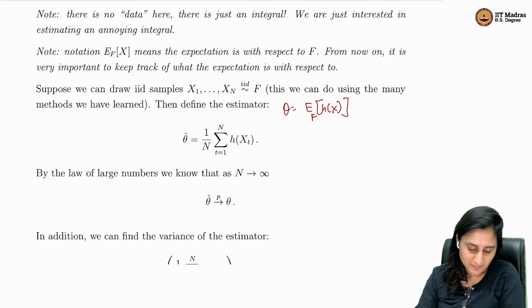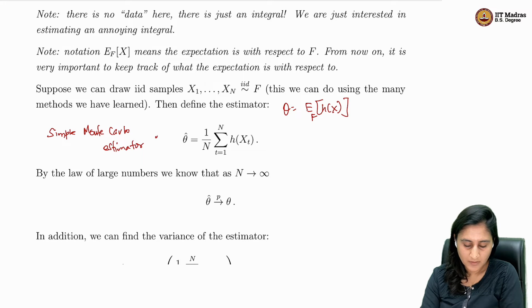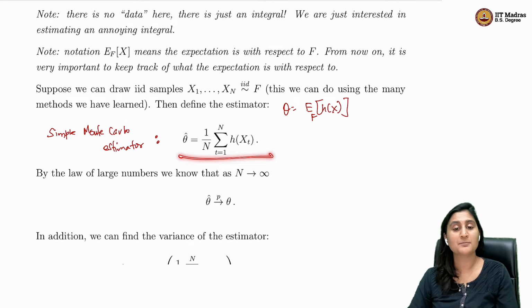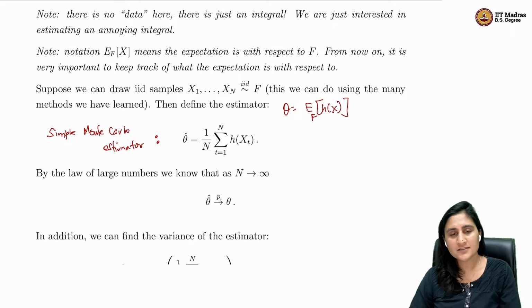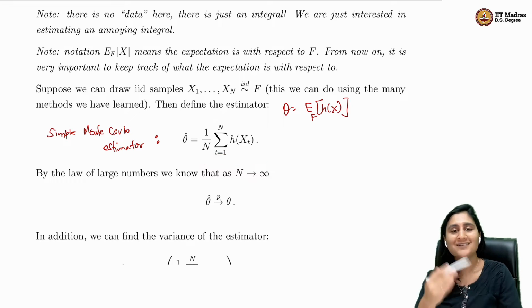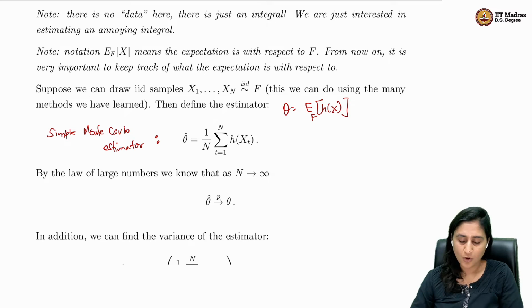So this is basically the simple Monte Carlo estimator. And it might be weird to think about why this has a special name if it's just the sample mean or the average. The only reason this has a special name is because the samples from which this is calculated are not real data. They're actually simulated on a computer. Okay, so there is a mechanism through which we can generate samples,